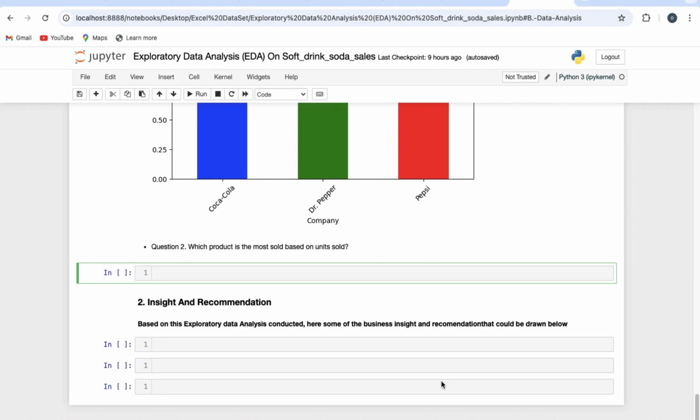So let's go to our markdown and say here we need to first and foremost also have to group by product and sum the units sold